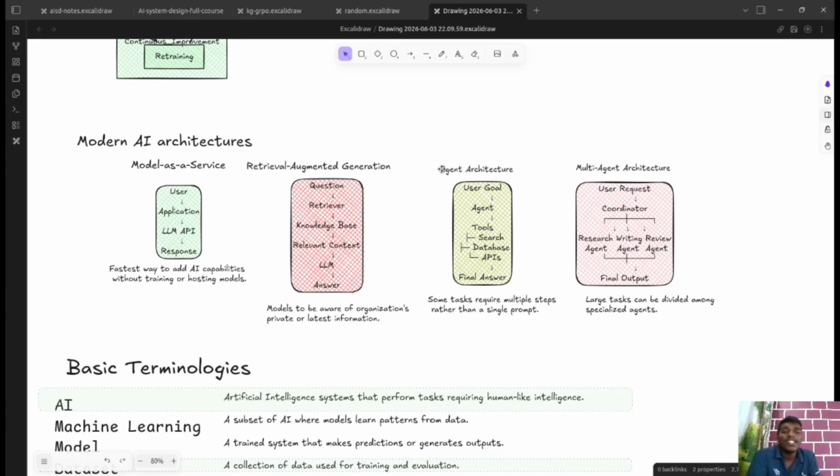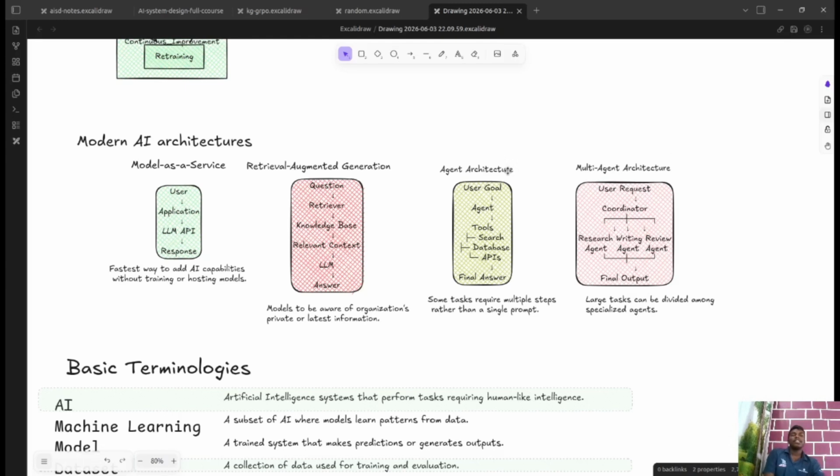So an agent will have a decision making capability to rather delegate the task to a tool or perform the task by its plain knowledge itself, which almost all the LLMs have. So the user will have a goal to achieve, and the agent will make use of tools or its own plain knowledge as explained, and then reaches its final answer. So why are agents so famous? Because most of the tasks which we encounter day to day take multiple steps rather than a single prompt. So we need to have multiple points to be taken care of, and an AI agent does exactly that.